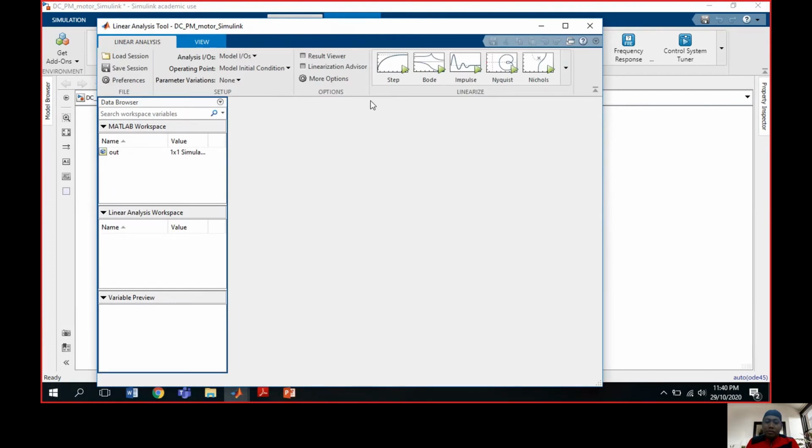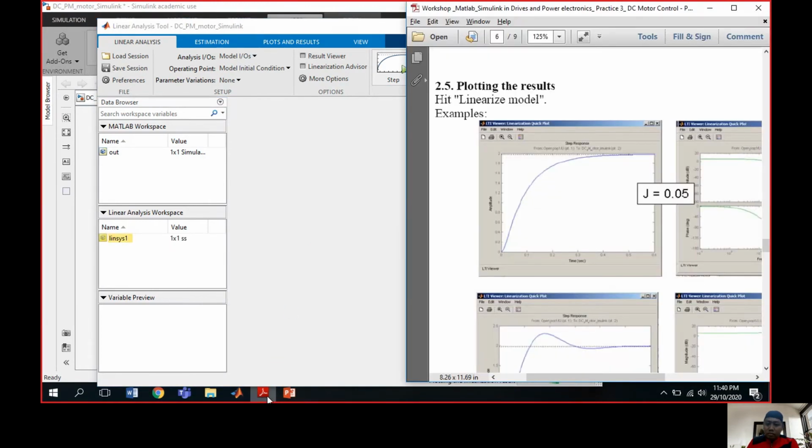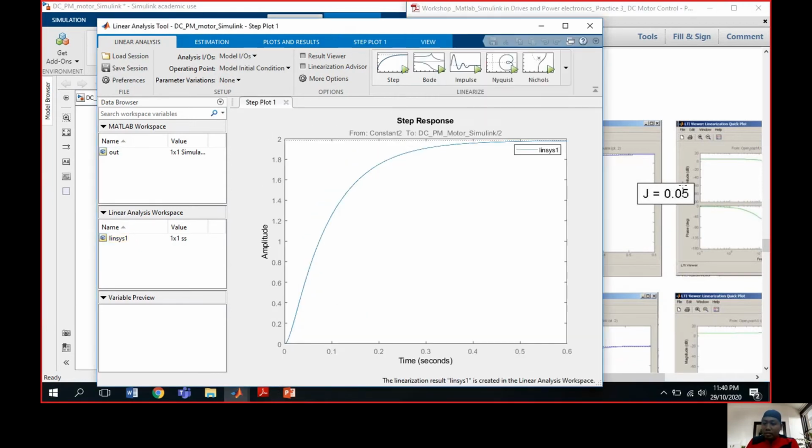First we wait. Now we create the step to show the result first. This one is for J 0.05. You can see. Now we go to Bode. We want to show the Bode plot.